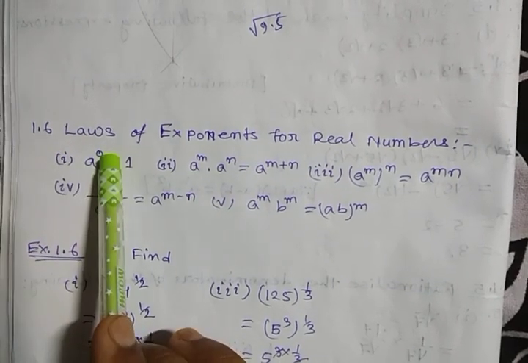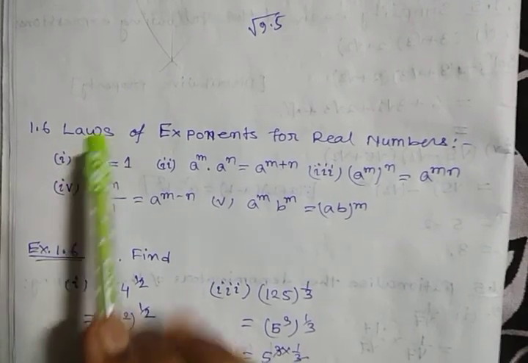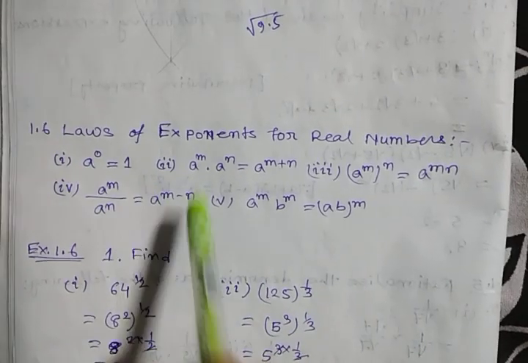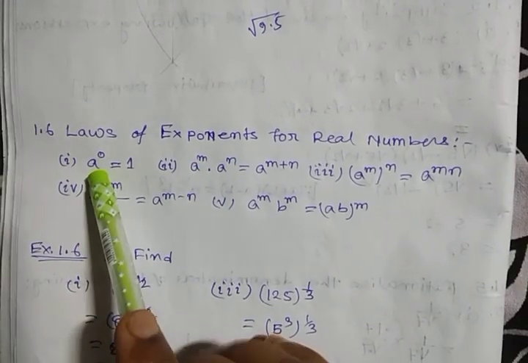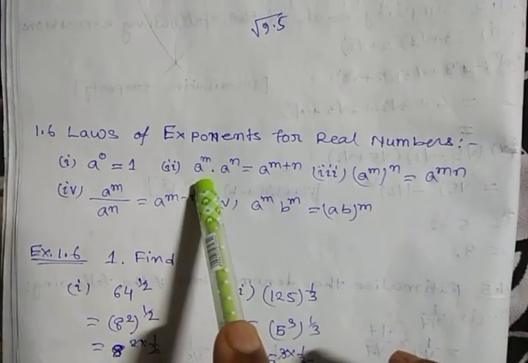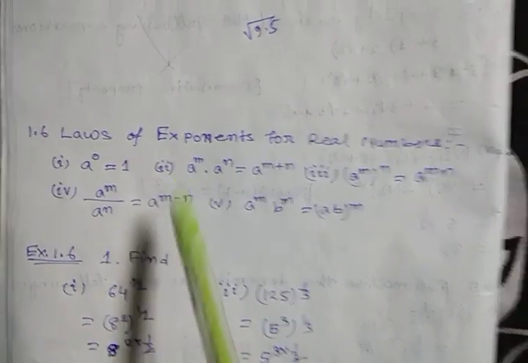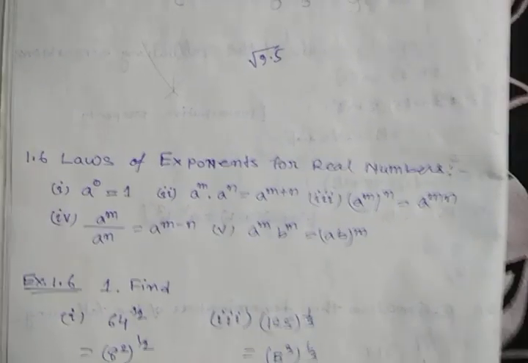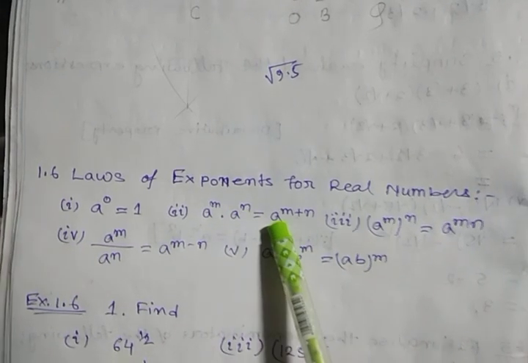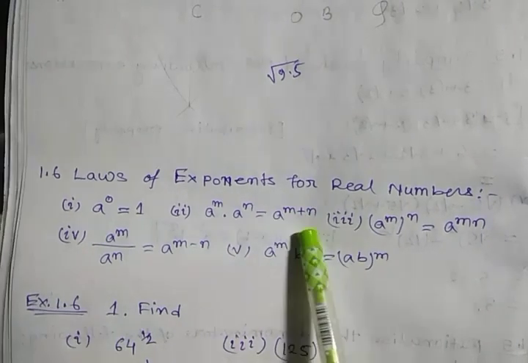So a to the power 0 is equal to 1, because of a to the power something. That means 1 to the power 0, 2 to the power 0, everything to this, that means anything to the power 0 is always 1. Here a is the base and 0 is the power. Now formula number 2: a to the power m into a to the power n. If the bases are same and powers are different, then the powers will be added. That means a to the power m into a to the power n will be a to the power m plus n. If the bases are same, we can add the powers in this way.